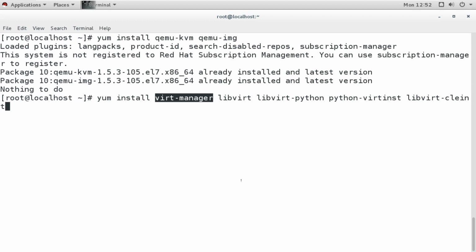And this libvirt-client provides the client APIs and libraries for accessing the libvirt server, including the virsh command line tool to manage and control the VM. So the virsh command, which we use to manage our virtual machine and server through the command line. So these are the required packages we need, and we can install them by using this yum server.